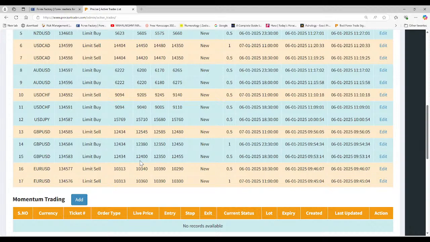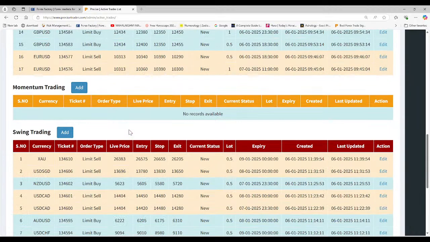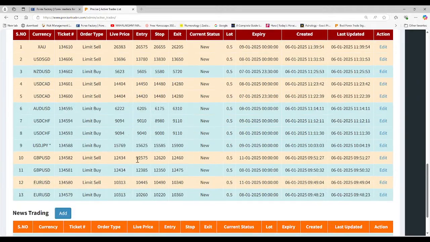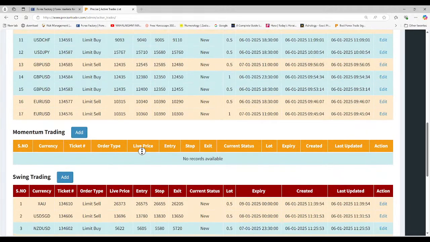Okay, so I think this is also a valid signal. So here we are trying to buy at 124, exit before 12455, 12380, exit before 12450. I think this is also a valid signal. Then finally we are going for a sell and hold at 12575, stop 12460, and this is until end of the week. I think this is also a valid signal. Okay, so all the signals are good to go.